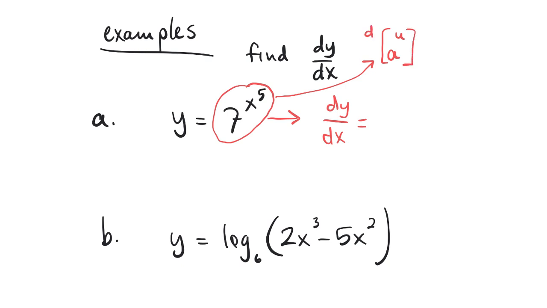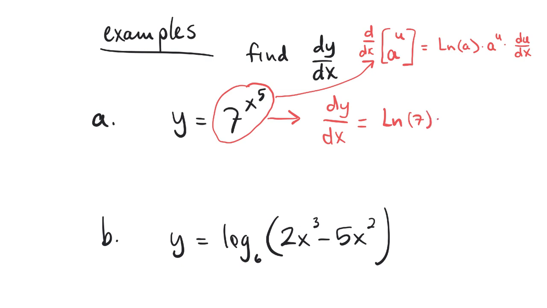So remember the rule, the derivative with respect to x of a to the power of u equals natural log of a times a to the u times du dx. So a is the base of the exponential, in this case 7. So it's natural log 7